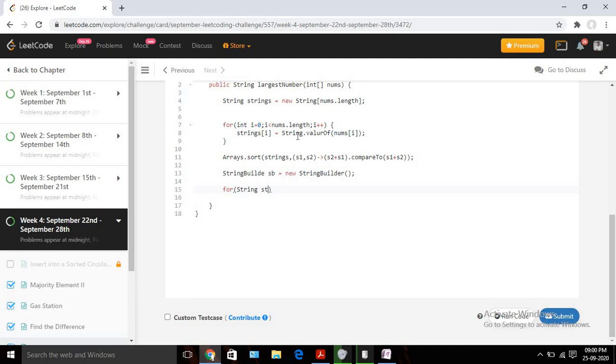We can directly use for String str, pick one string at a time and append it, so sb.append(str). Now we can return sb. Since the return type is String, we need to convert it to a string and return it. I think that's pretty much it.